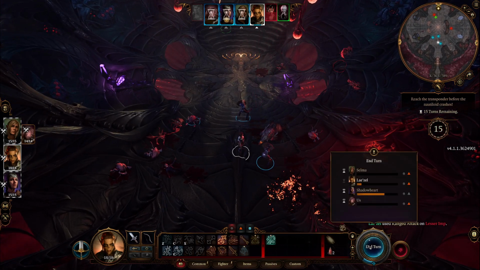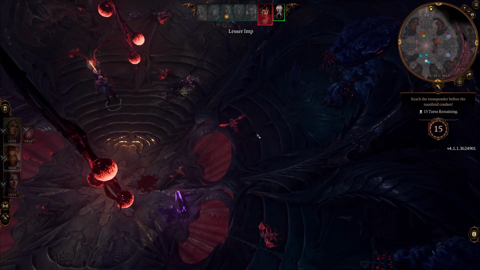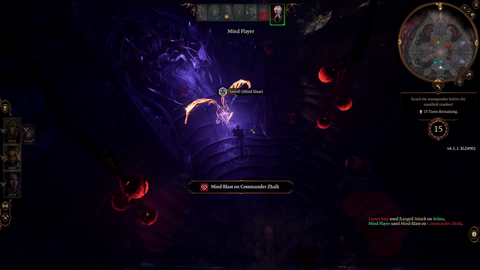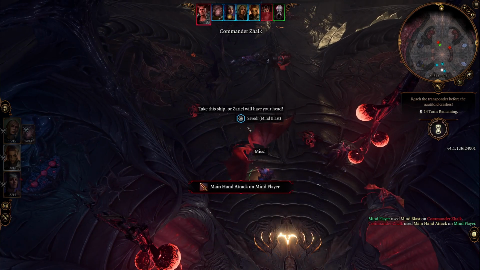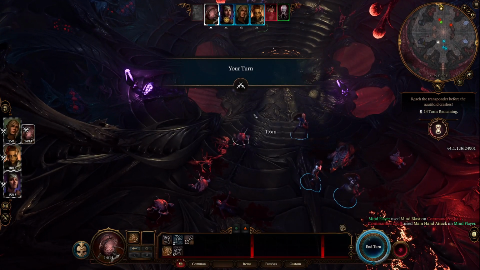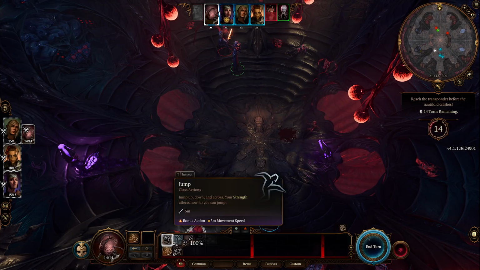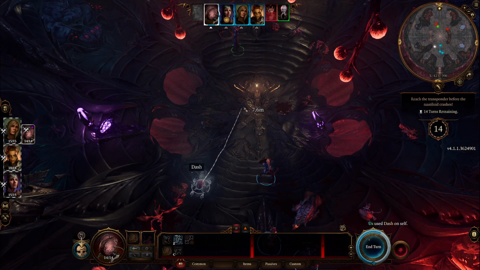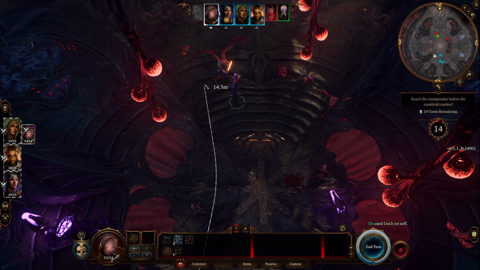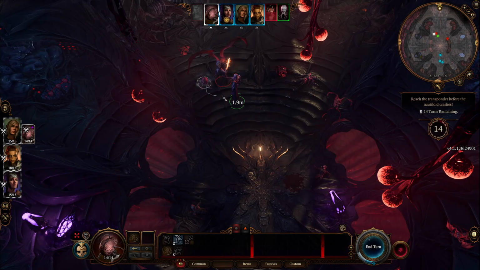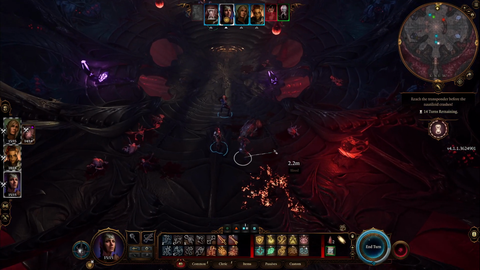Didn't kill it. Okay, he saved the mind blast, but he missed, so we're still fine right now. Okay, let's do a dash on this so we can get up there, to him. Okay. And then turn.